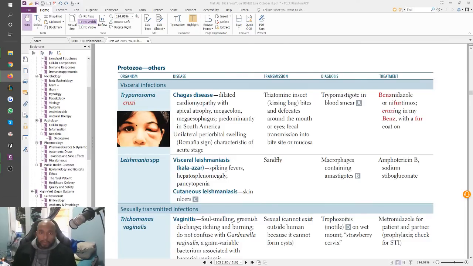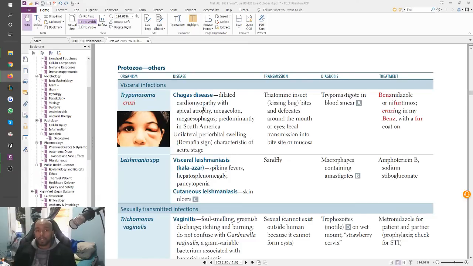So Trypanosoma cruzi, right? Chagas disease. This thing is called the Romaña sign. Make sure you don't get confused and pick anything else if they give you a picture like this. I think this would make a great image for someone who might be like, another answer choice could be physical abuse, right? It looks like someone hit her or something. Don't fall for that. This is the Romaña sign, a unilateral periorbital swelling characteristic of the acute stage of Chagas